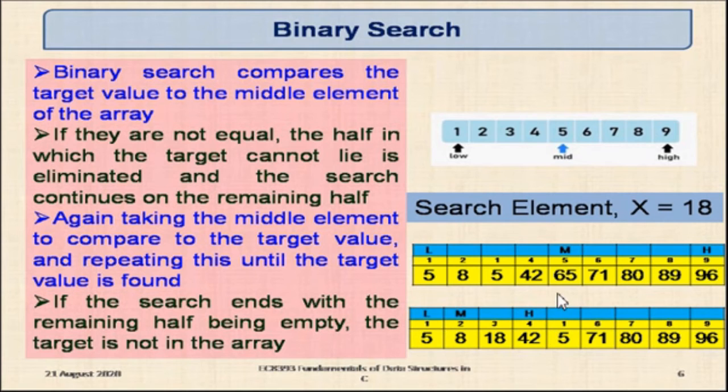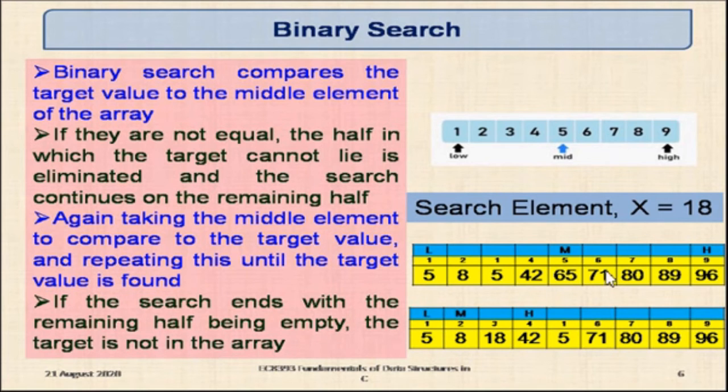So thereafter, what will happen? The pointer H will be adjusted to point to location 4, as you can see here. So now, in the second iteration, the effective list is going to be only 4 elements. So that is why it is called binary search. Binary means 2. So it is dividing the entire list into 2 parts. If the data is available to the left of the middle value, it will discard the right side of the list, and it will take the effective list only like this. That is 1 to 4.